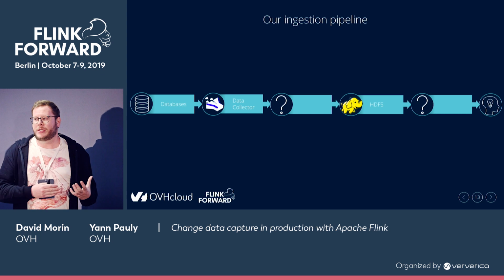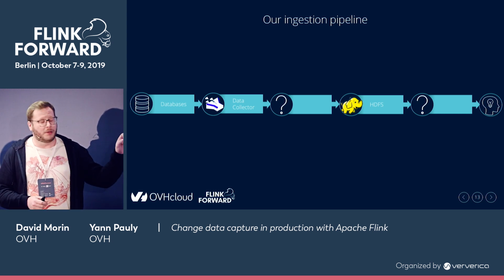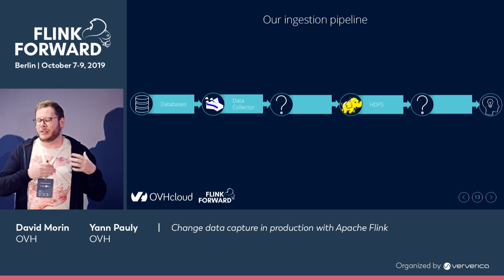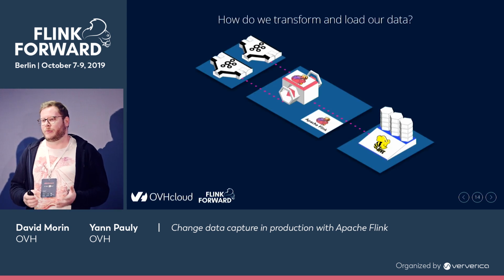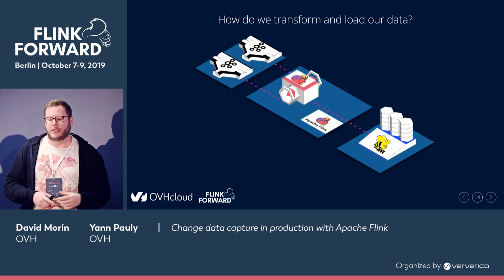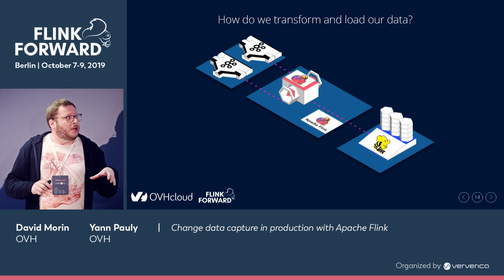We know how to extract our data, but there is still stuff missing. Of course, we have Kafka. We have put all our data inside Kafka. How do we put it then inside HDFS? And so this is where, of course, Flink is going to help us tremendously. So in addition to just reading data from Kafka and putting it inside our HDFS storage, it's also going to do